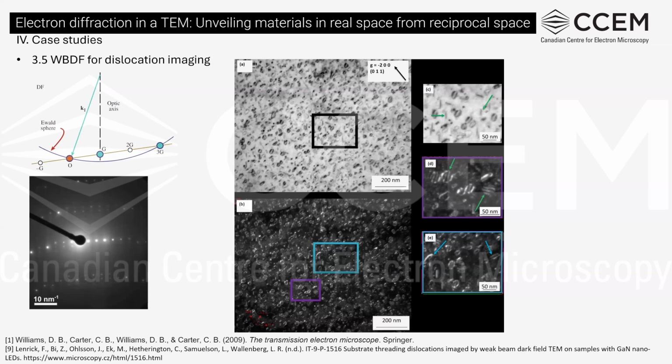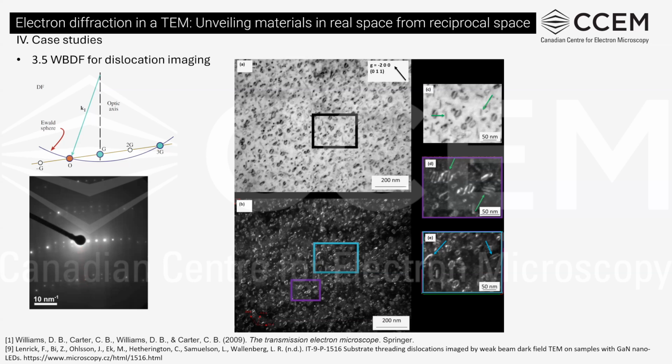We talked about analyzing dislocations by GPA analysis. In TEM, we can also use the weak beam dark field technique to image the dislocations. Remember the Ewald sphere we talked about earlier. In weak beam dark field imaging, we tilt the sample until the 3G dot lies on the Ewald sphere, so we can see the 3G dot is excited, and we use the G dot to do dark field imaging.